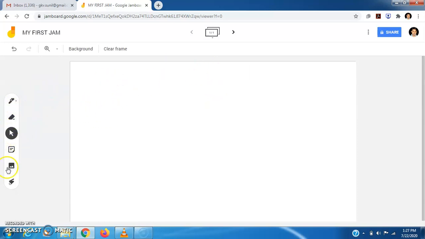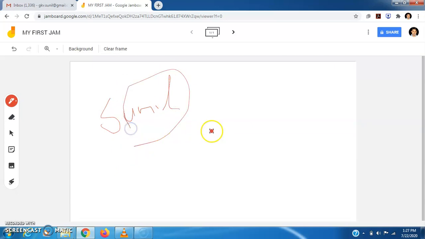Now we will see this toolbar and what options are available in it. Here if we click this, we can see the pens available. This is the pen, marker, highlighter and brush. We can use all these. Suppose I am taking this pen, we can choose the color. Suppose I am taking this, then I can write here. We can write perfectly when we have some practice on this Jamboard.